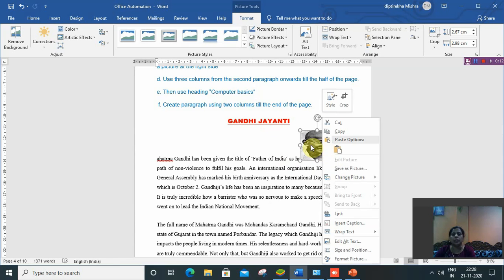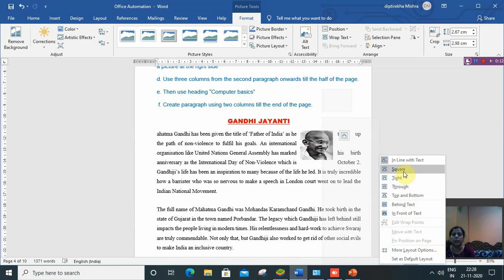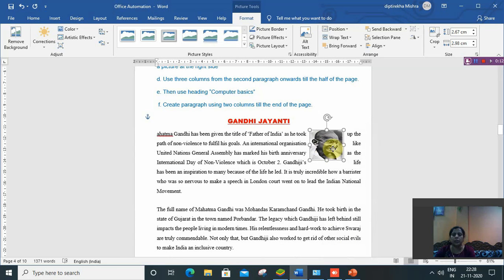Then right click on the picture, Wrap Text, then Square. Okay.